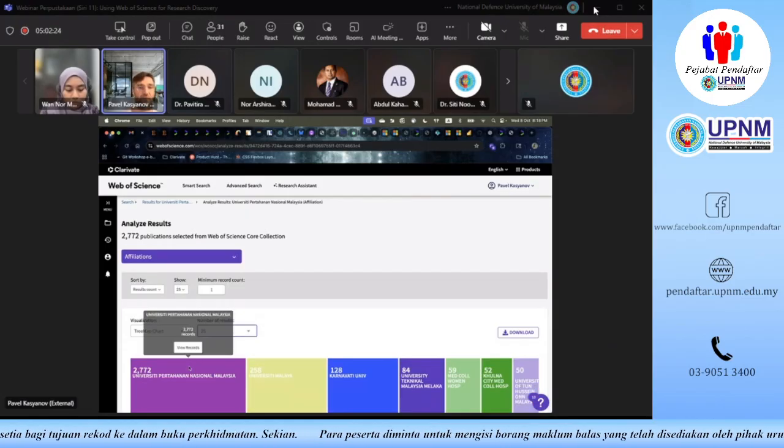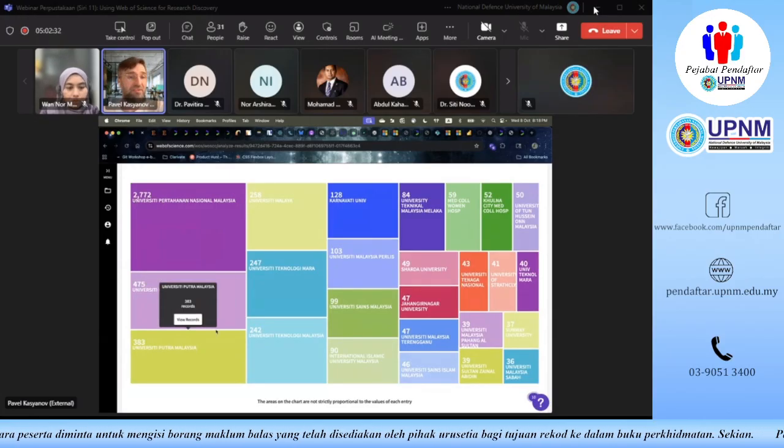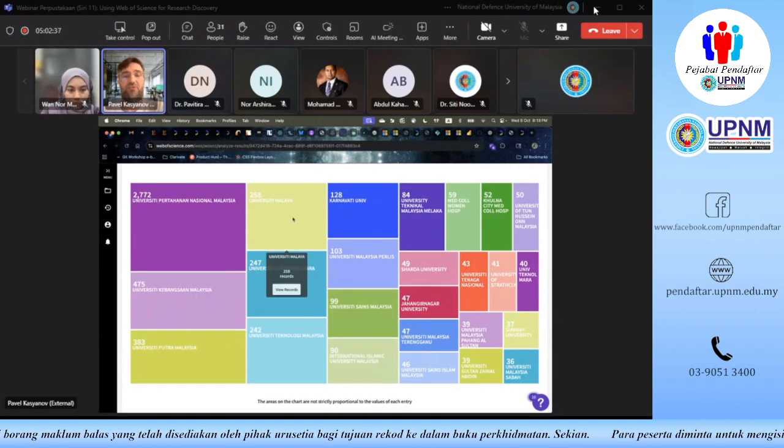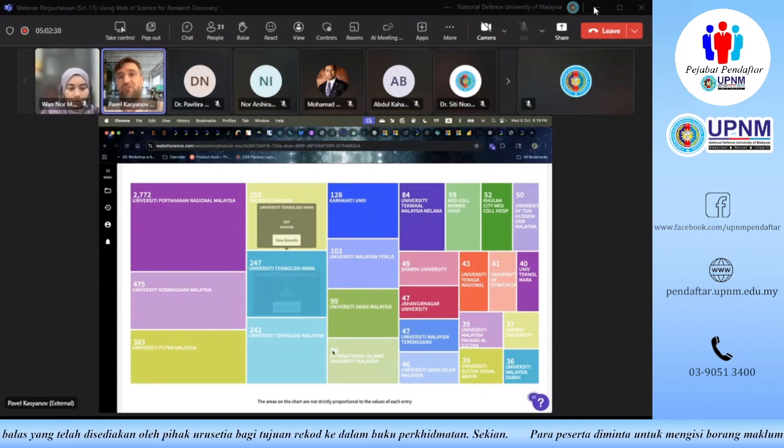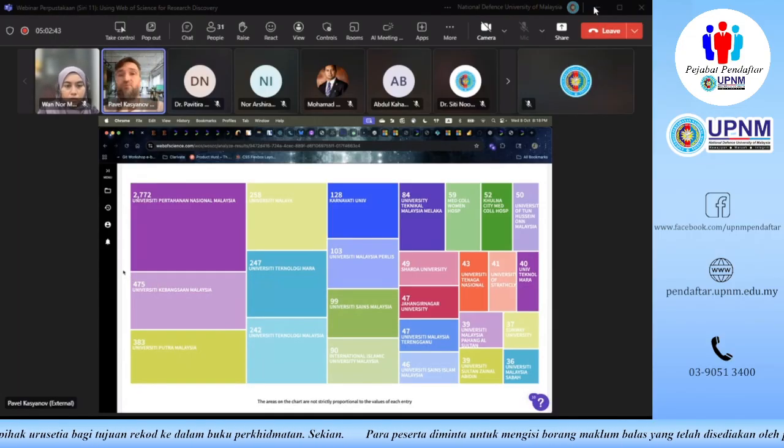Why would I want to do that? Obviously, all of these documents are affiliated with UPNM, which is something that we expected. But as you can see, we can also see UKM, UPM, UM here. So other universities are also appearing on this list. Why exactly does this happen? Just like I said, because those were the universities that collaborated with you on a lot of papers. And that way we can also assess which organizations you are most actively collaborating with,